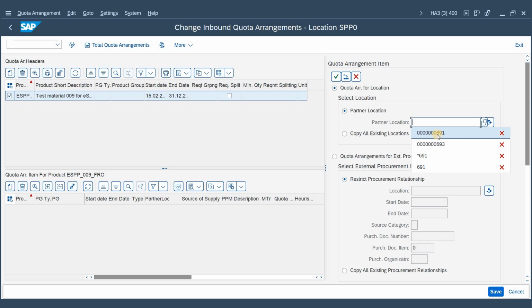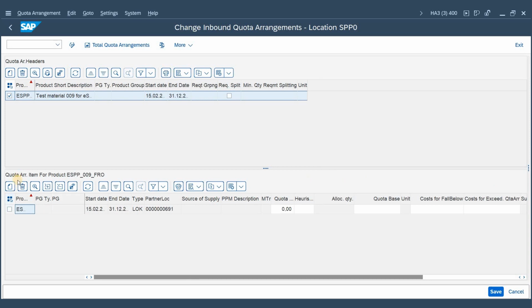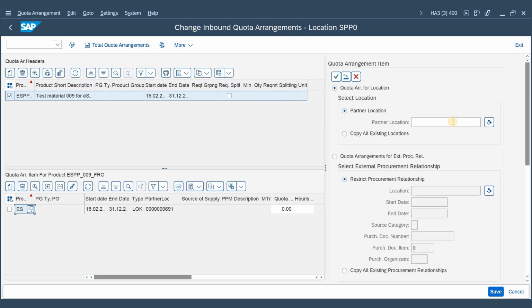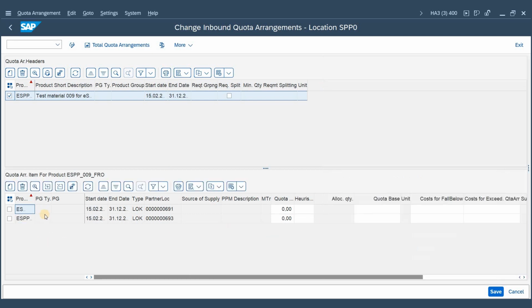This time we choose 691 as one vendor, and we are choosing a second one, and that is 693. We take those over, and now we tell the system, okay, 40% should be procured from the first vendor and 60% should be procured from the second vendor.